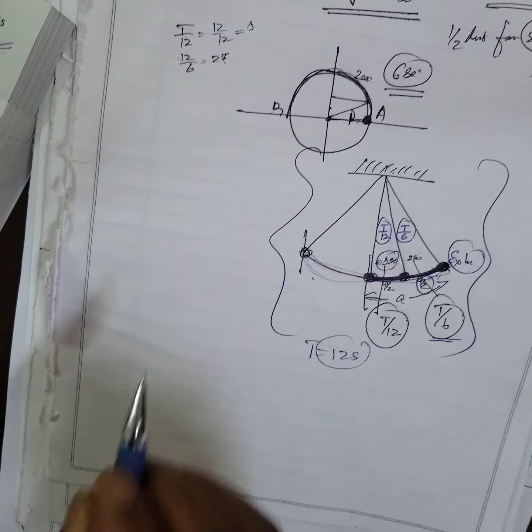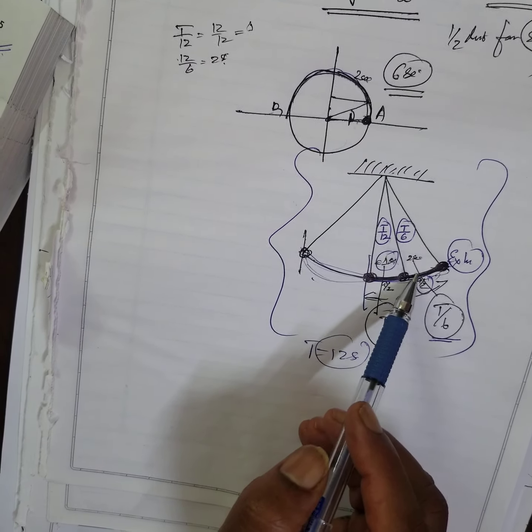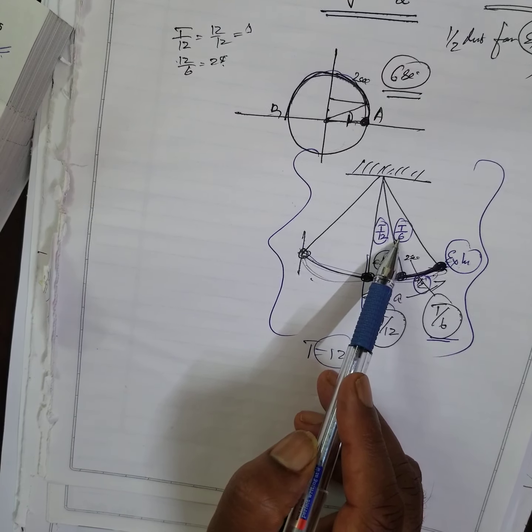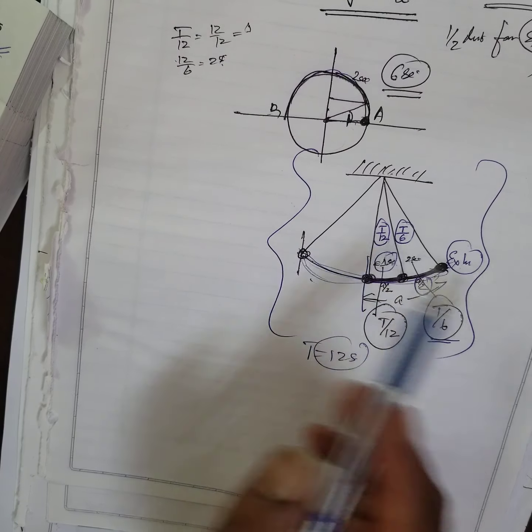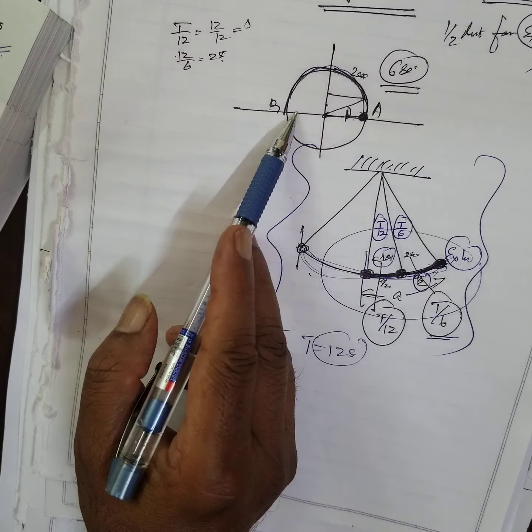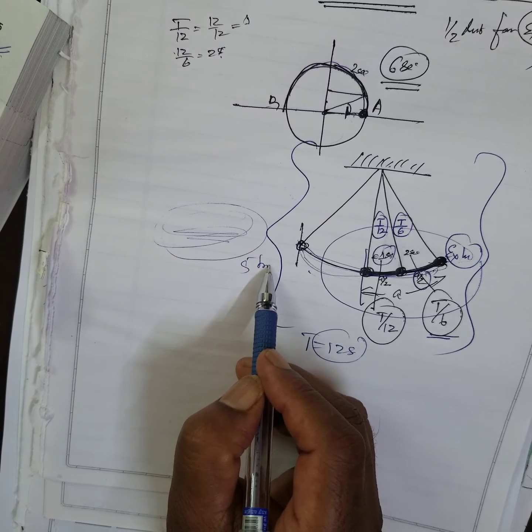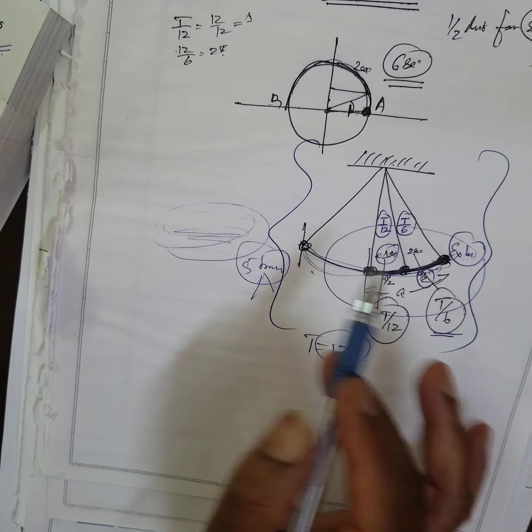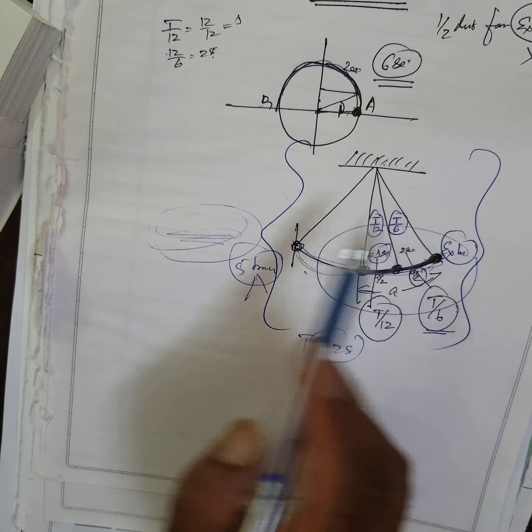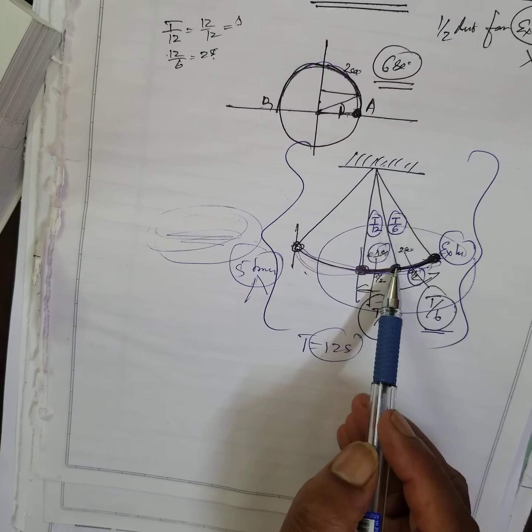Therefore, during the simple harmonic motion, the particle travels a distance equal to half of its amplitude from its extreme position in T by 6, where T denotes the period. But for that example, from here to here is 1 second. It is like simple harmonic motion can be described by 5 blind people describing an elephant. Everything is correct. Now for the previous problem, from the mean position to this, it will take 1 second.